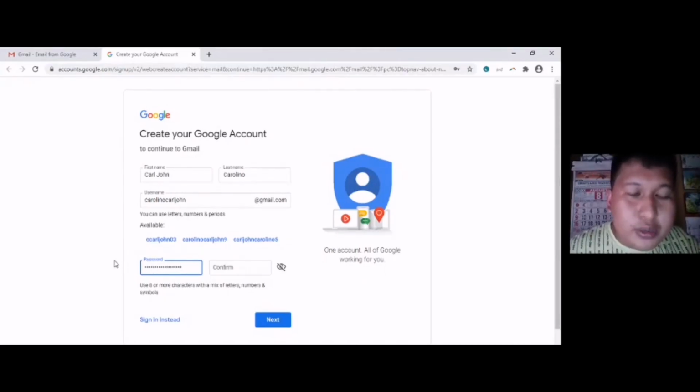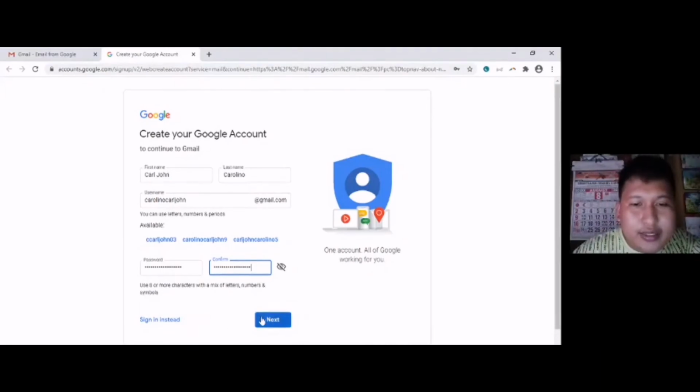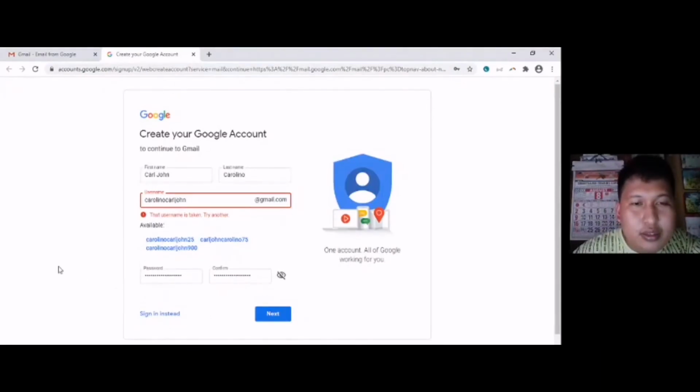Now, after encoding your password, you need to confirm it. If you're done, click Next. Now, as you can see, the system gave a warning that the username is taken. So I need to try another.